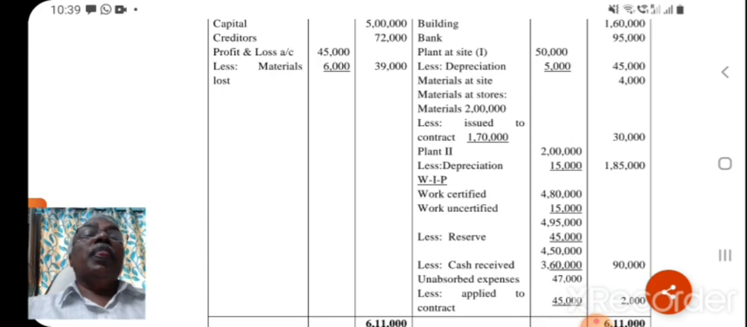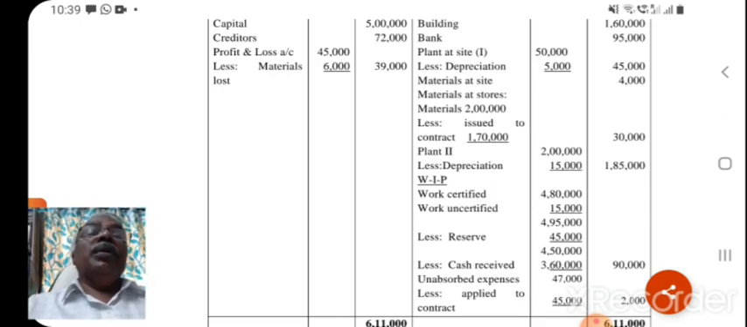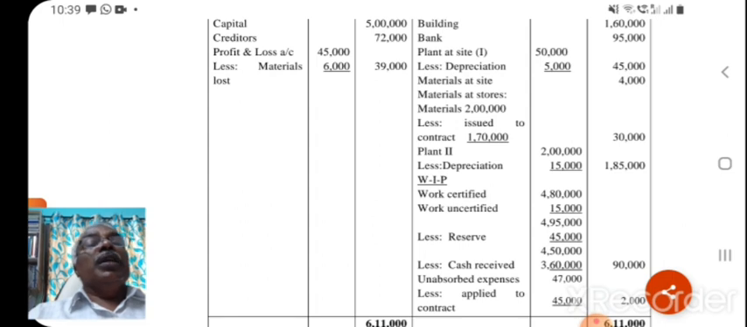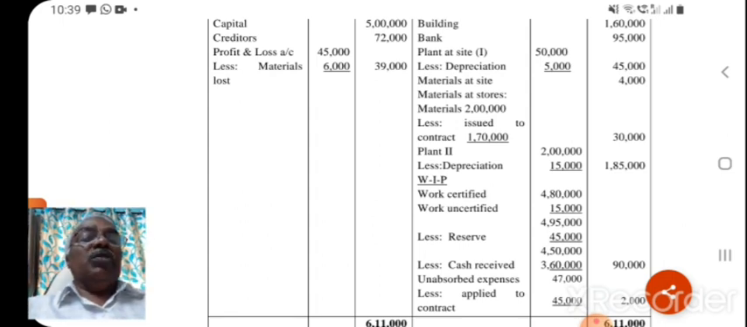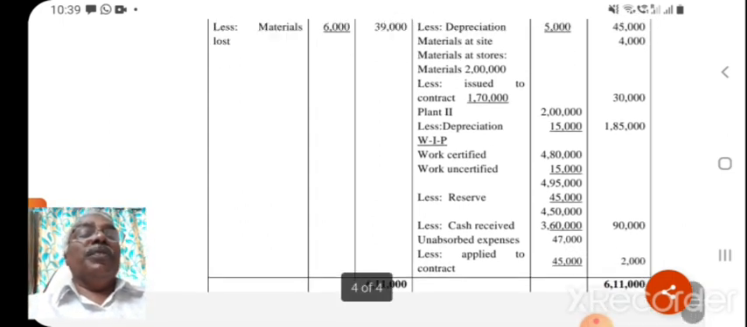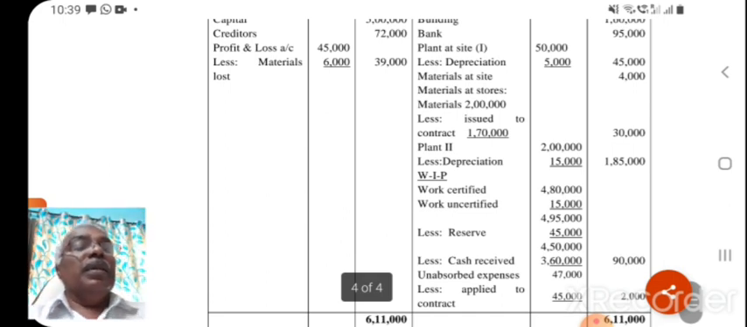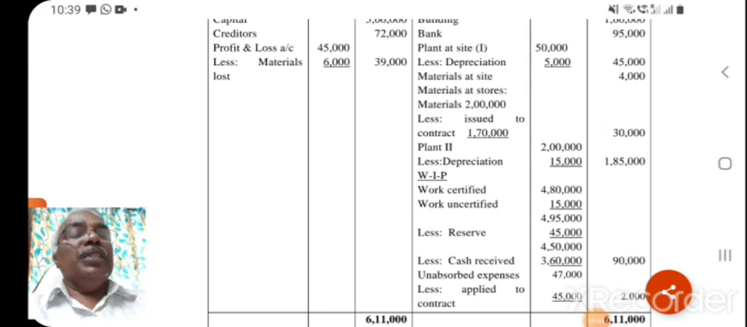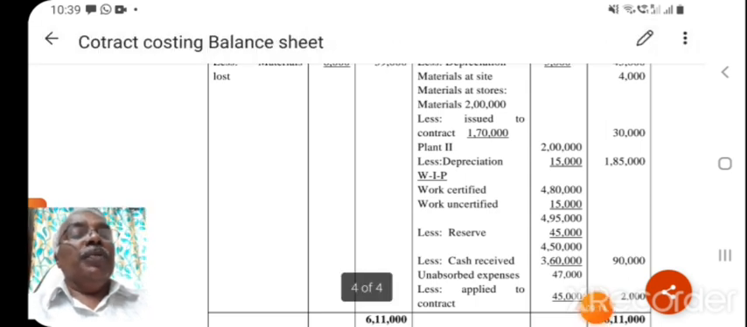Capital 5 lakh, creditor 72,000, profit and loss account 45,000 as per the contract account, and abnormal loss of material, it is 6,000. So it comes to 39,000. So if you find the total, you are able to prepare the balance sheet. This is one type of problem which can be asked for